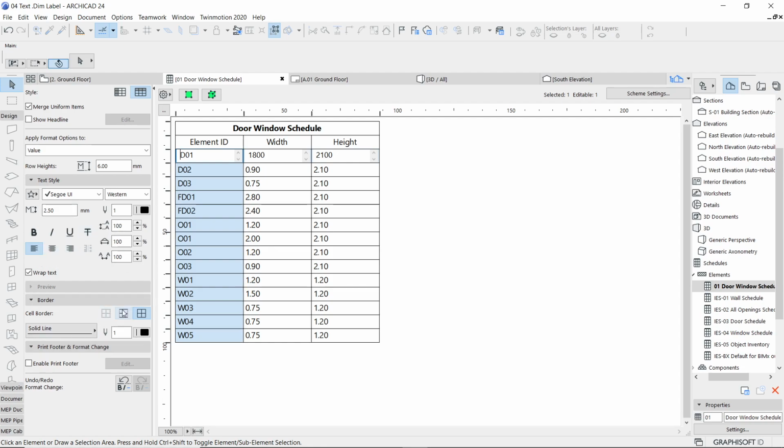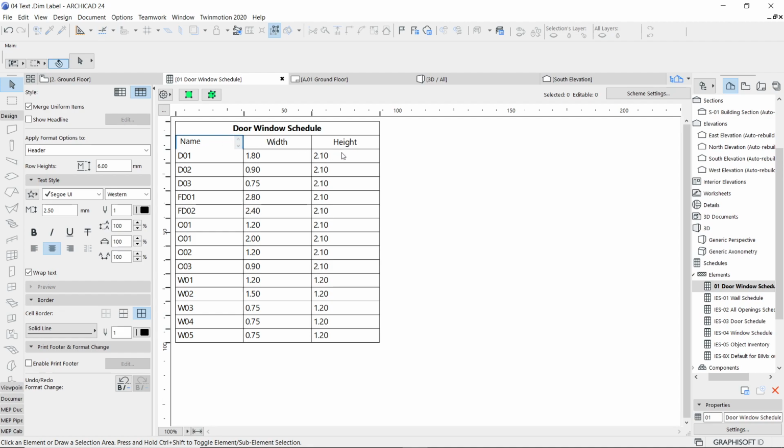You can have the line types redesigned. And if you see that there's too much width, another thing I would like to add is that I don't want to write Element ID over here. Instead of this, I want to change it to Name, Width and Height.